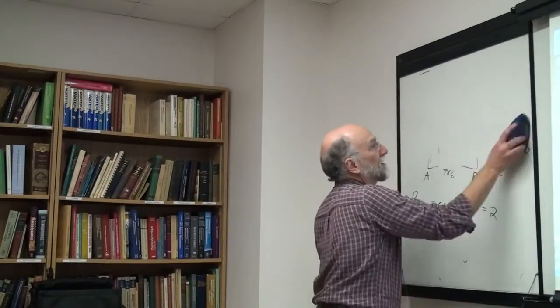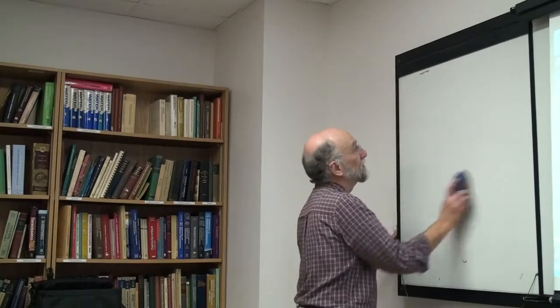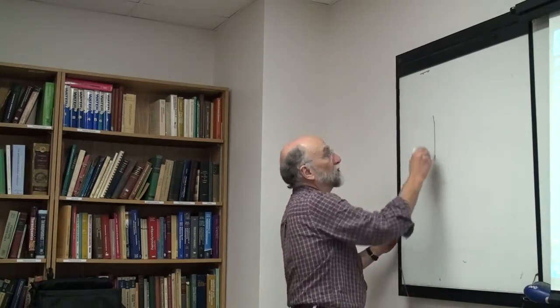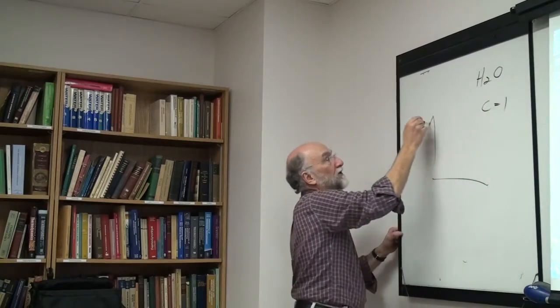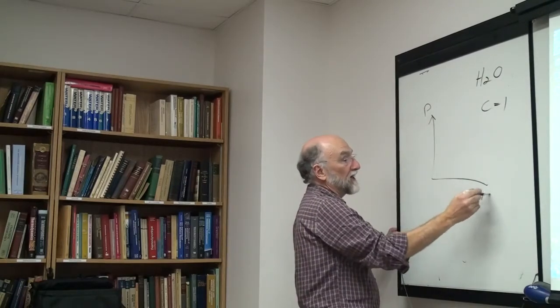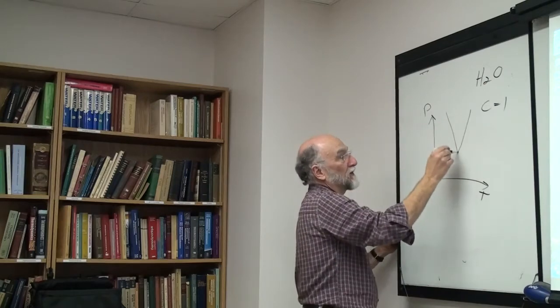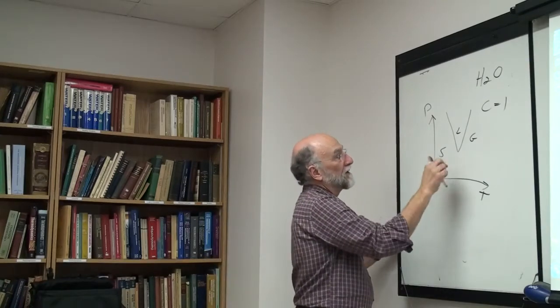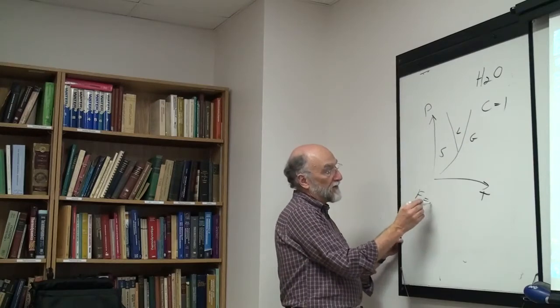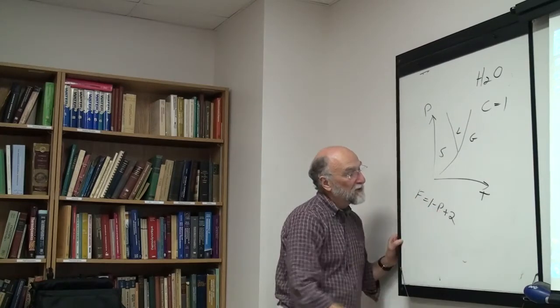Now, before I go formally into the phase rule, let's say I take a 1-component system. So I have C equals 1, let's say I take H2O. Here I plot a pressure-temperature diagram, and you all know the pressure-temperature diagram: solid, liquid, gas. Now the number of components equals 1, so F equals 1 minus P plus 2. If I'm in a 1-phase region, over here,